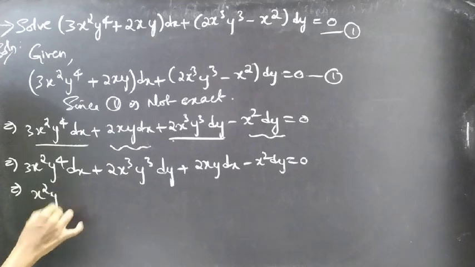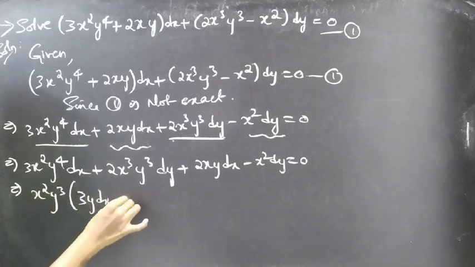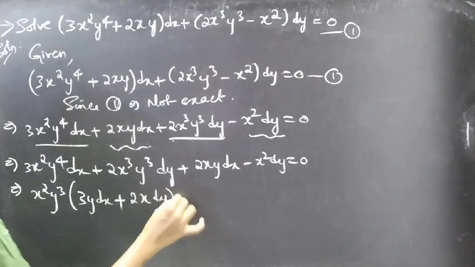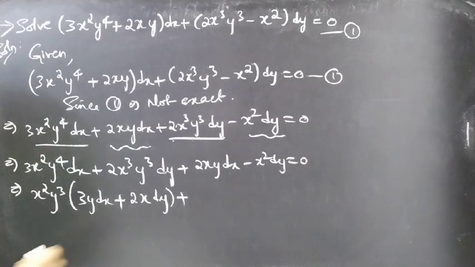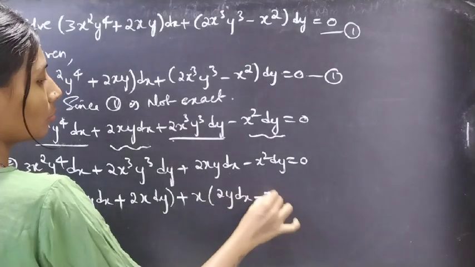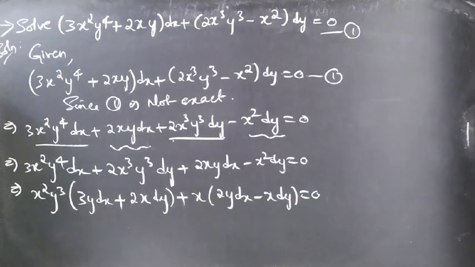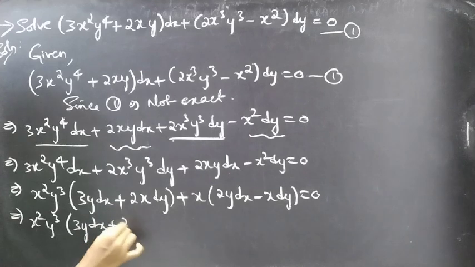We'll get x²y³ into (3y dx + 2x dy) plus, now take x common from these two terms, you'll get x times (2y dx − x dy) = 0, right? We can write this as x³y³ into (3y dx + 2x dy)